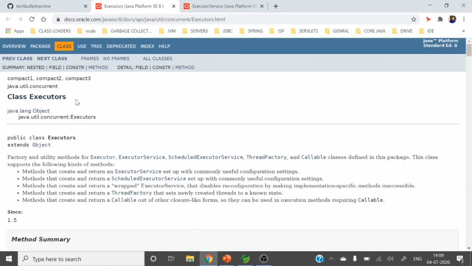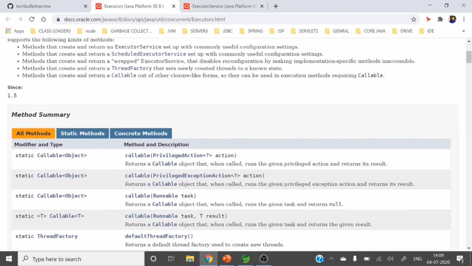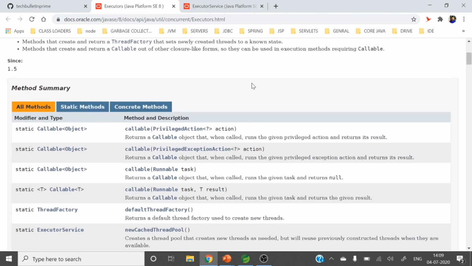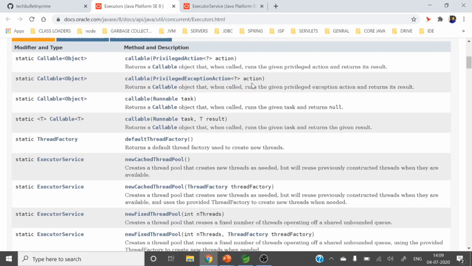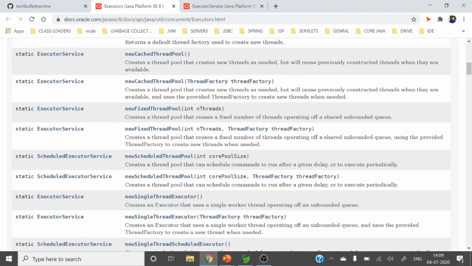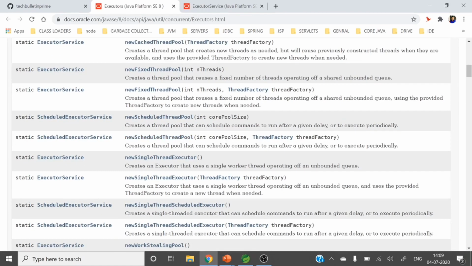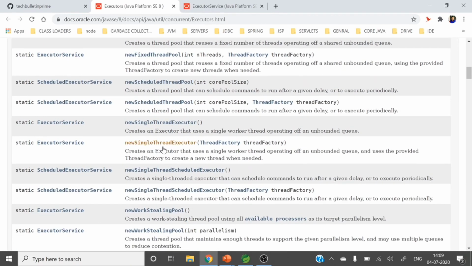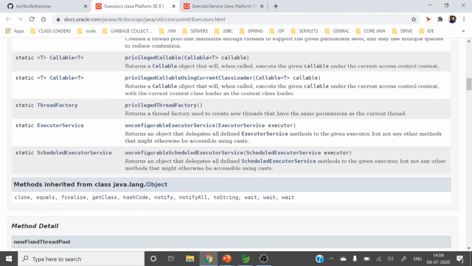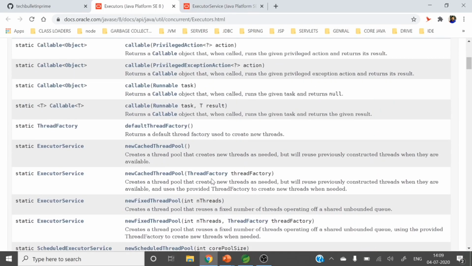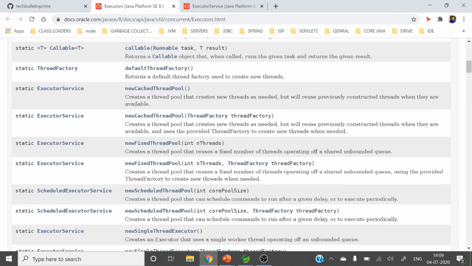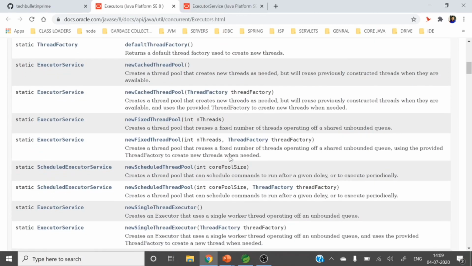You can see this is the Executors class, and here you can find a lot of factory methods: newFixedThreadPool, newScheduledThreadPool, newSingleThreadExecutor. A lot of factory methods are there which will create a thread pool and return that particular object, right?